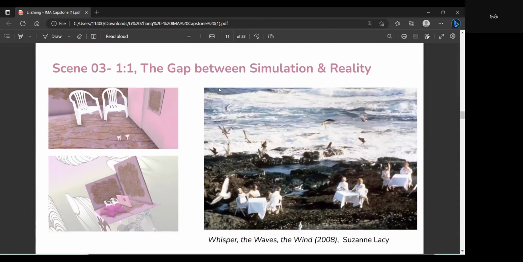This concept is also discussed by other artists. For example, Suzanne has used her performance project to discuss the relationship between art and reality, to show whether any real boundary exists between art and the real world.